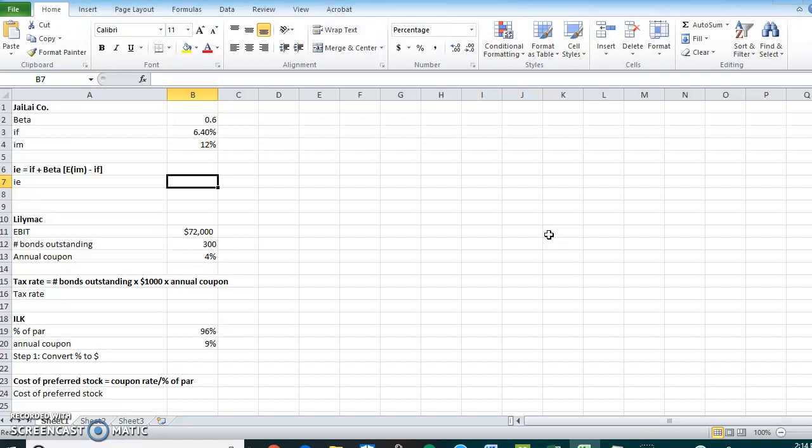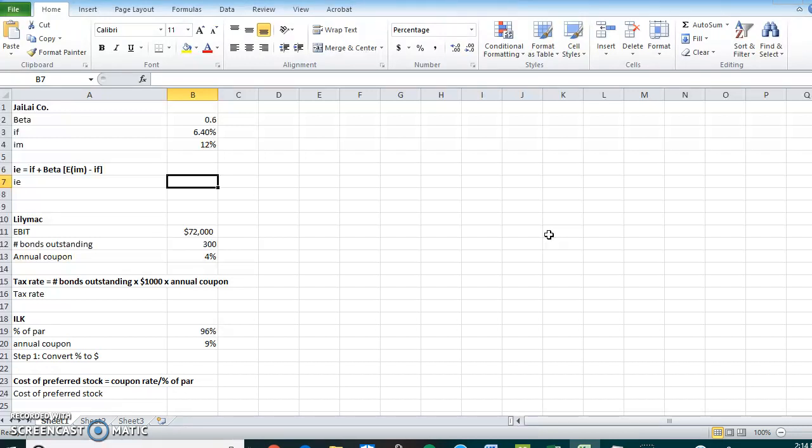Our cost of equity, or IE, equals our risk-free rate, plus our beta, times the return on the market, minus our risk-free rate. So we say